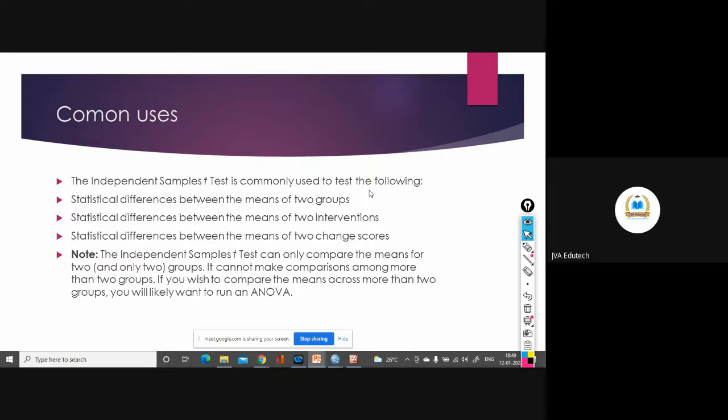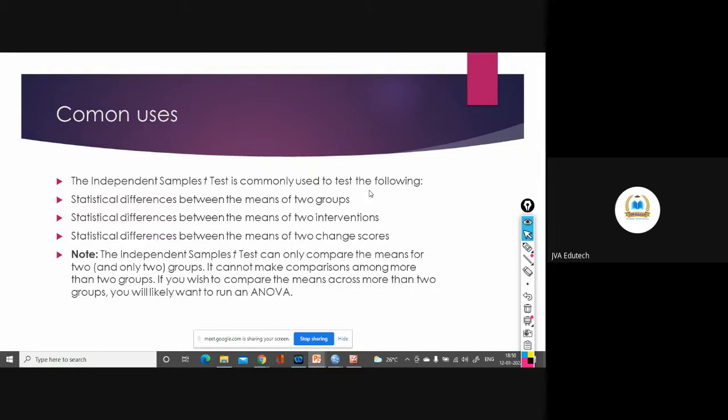So as of now, we are focusing on the independent t-test, where we have one dependent variable taken on a continuous scale, one independent variable which is categorical in nature and consists of only two categories, and we want to check whether the mean score of the outcome variable, the dependent variable, is the same between both the groups or categories, or it is different.